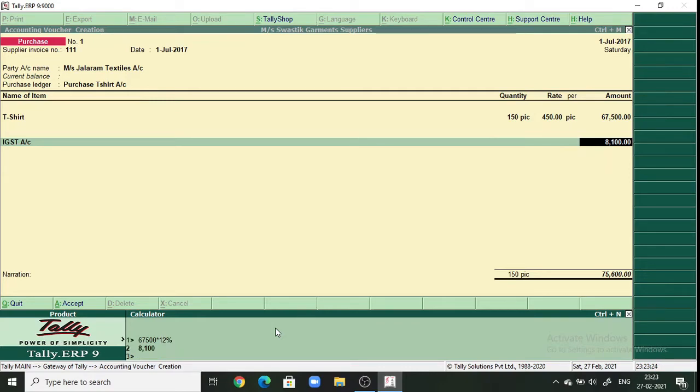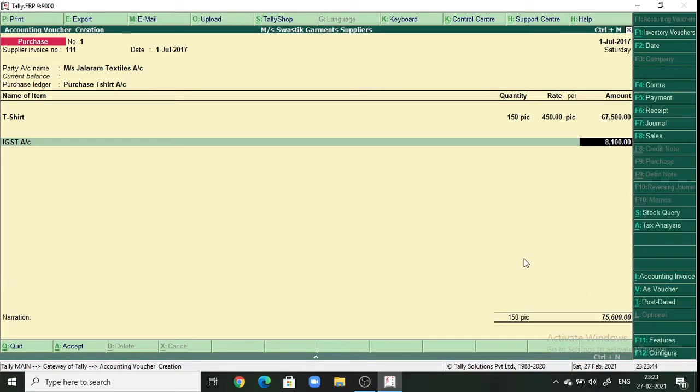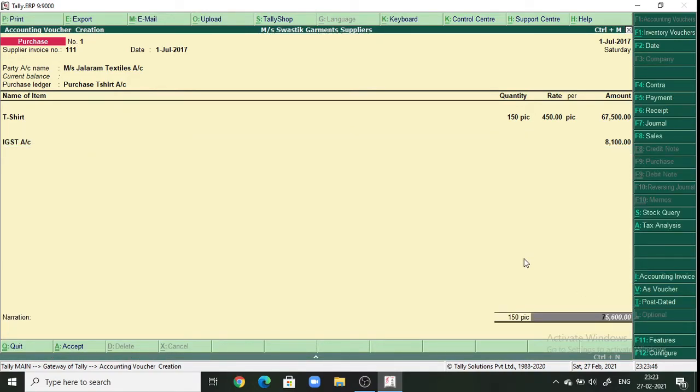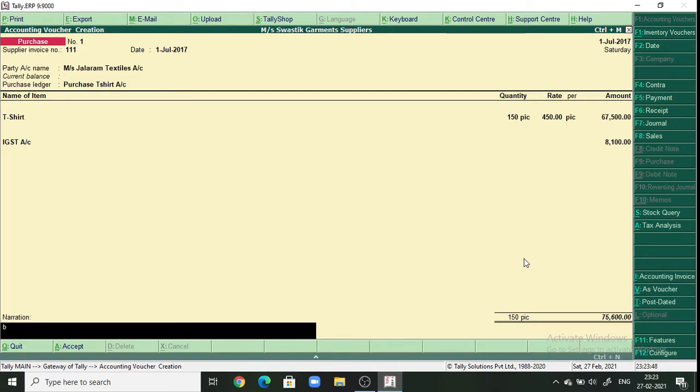Here you can see the amount is 8,100. It means that they have calculated the IGST amount correctly. Like this, you can even check. This is the calculator, and the short key is Ctrl+N. Then enter and write the narration as being